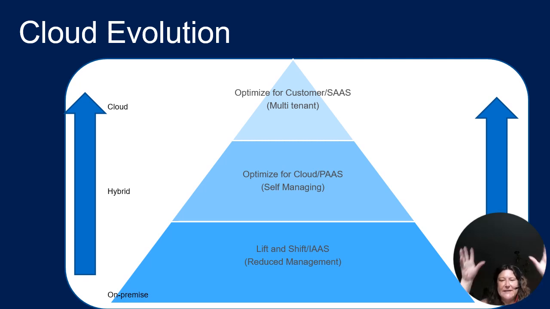And then the next level up is what people seem to be evolving towards, which is optimized for the customer. So this is where the customer literally doesn't have to know anything about the hardware, anything about the software. They just use the software. So they don't have to know how to configure the software, how to set it up, how to run it. All they do is, once the software is there, they can add users, add tenants, where a tenant is basically an organization that uses a SaaS, software as a service, piece of software. So typically that's going to be multi-tenant. SaaS is normally multi-tenant